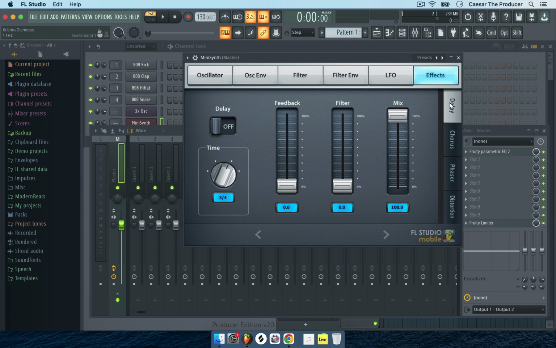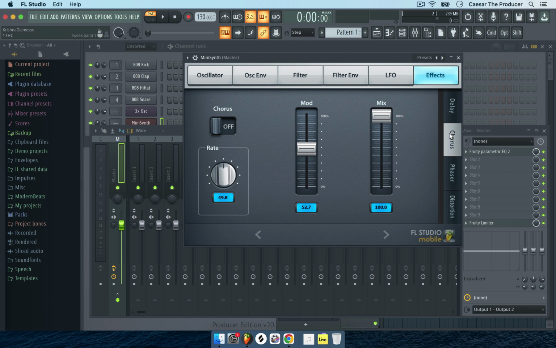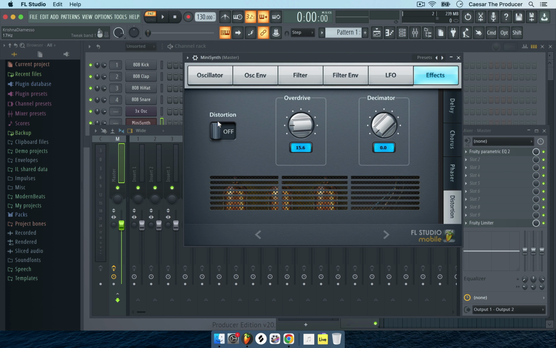In this case, we only have delay, chorus, phaser, and distortion, but some are gonna have, like I mentioned, reverb as well, saturation. It's all available there. So in this case over here, all the effects are all down,